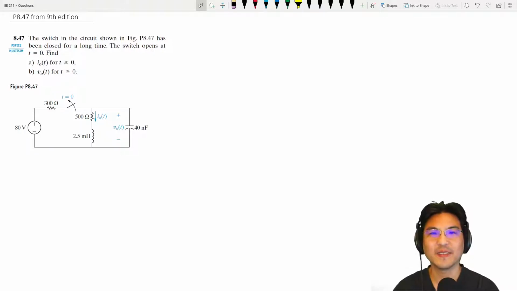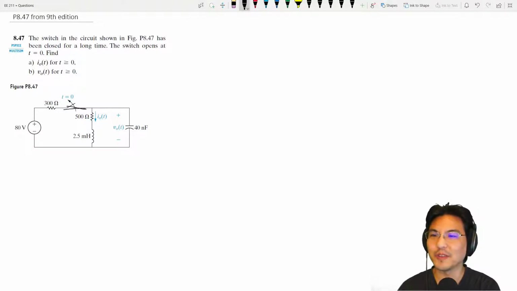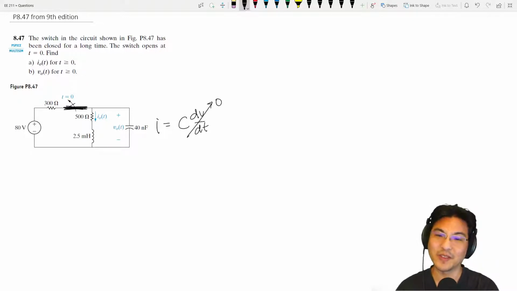Hey everybody, let's give this second order circuit a try. So the switch has been closed for a long time. If it's a long time, the voltage and current everywhere is constant. So for this capacitor, the current would be C dV/dt, and this voltage would be constant, which means dV/dt, the time derivative, would be 0. So the current here is 0